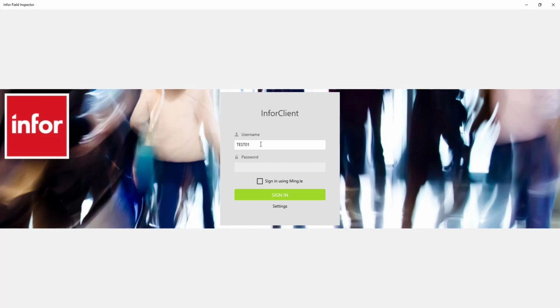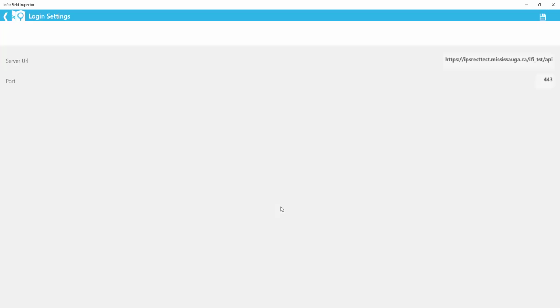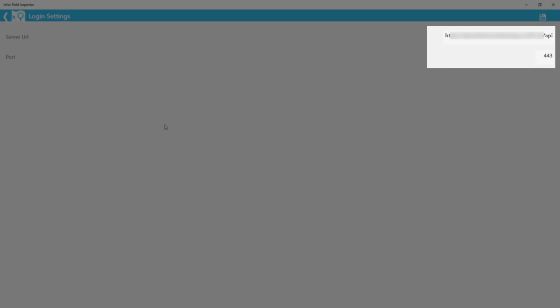We'll start by logging in and making sure a few things are set before we log in. Let's take a look at the settings. You'll be given a set of instructions indicating what to type in here. Today we're connecting to our test environment for Infor. This will be used for some of our testing, and then the other item that you may be required to